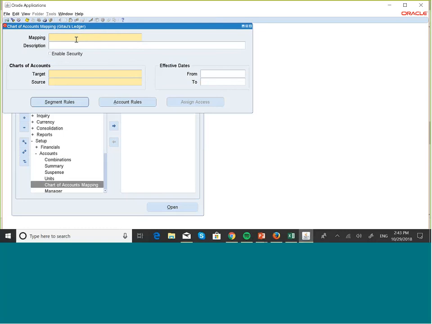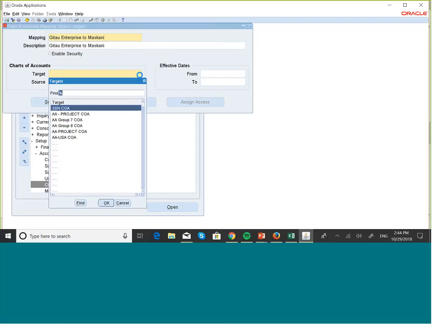Put in the description, so let's start: Itaú Enterprise to Maskani, and we can put that as the description. Okay, and then the target will be the Maskani COA that we created,